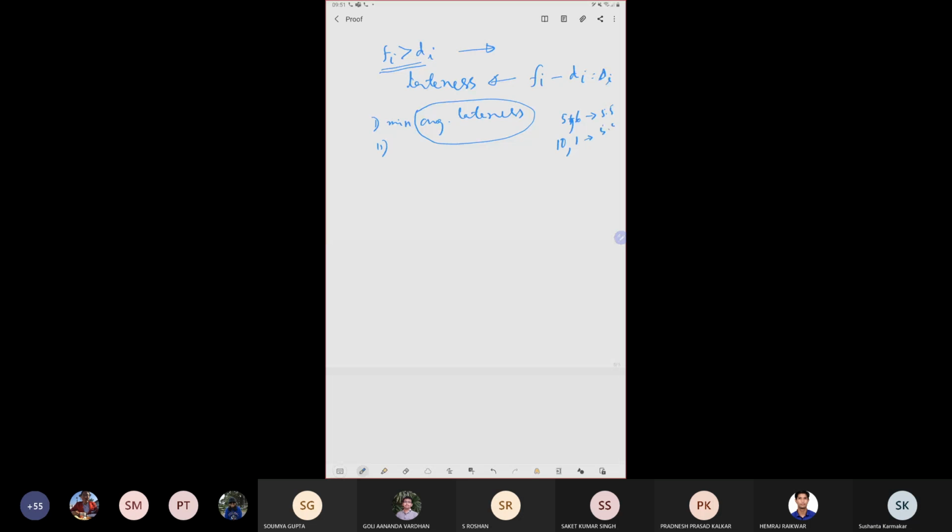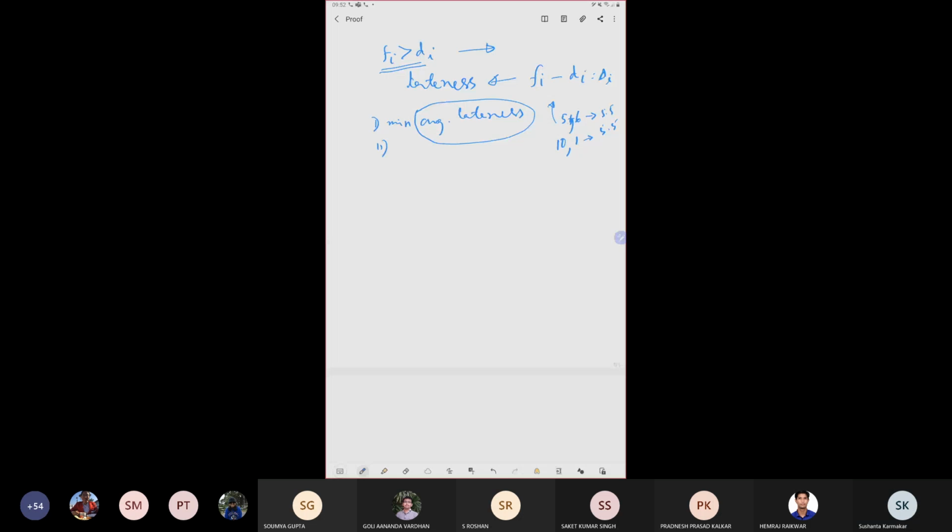But which one would I like? I'd probably like the first one, because there each of these jobs is actually close to the average. Here, although the average is the same, one job is finishing very early, with a very small amount of lateness, and the other job is hugely late. Because there is very small lateness and huge lateness, the average lands somewhere in the middle. But these are far away from the average.